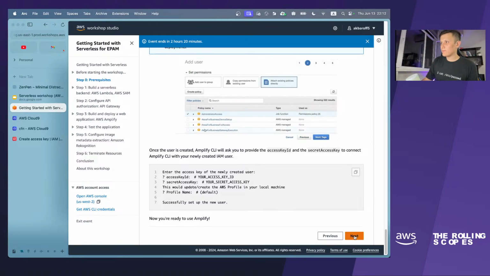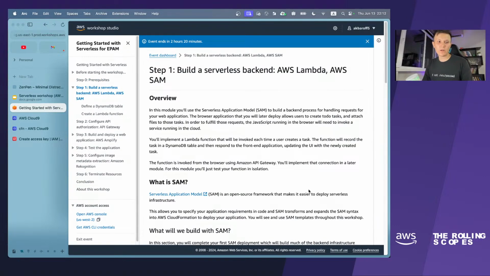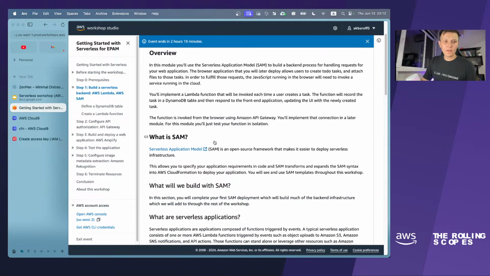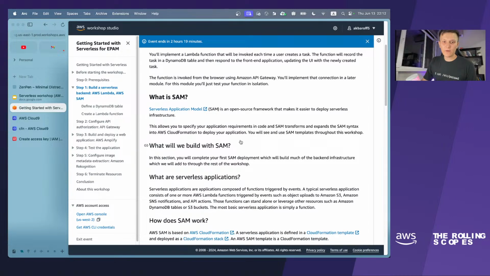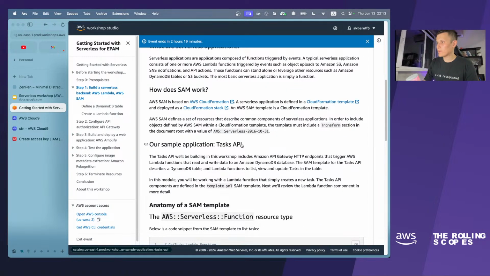Next is the pretty nice Next button. I will press it and go to step 1. Actually we have 6 steps within the workshop, and I hope that we will manage to go through all of them in 1 hour, but we have a bit more than 2 hours for the workshop. Here on step 1 we have some description, an explanation of what SAM is, but I have provided this description and I hope that it was quite comprehensive to you. If not, you can just Google it.